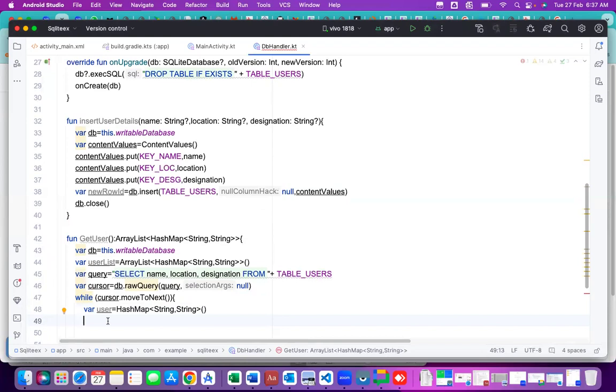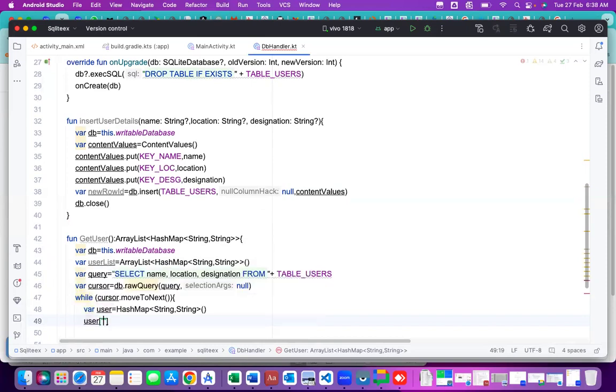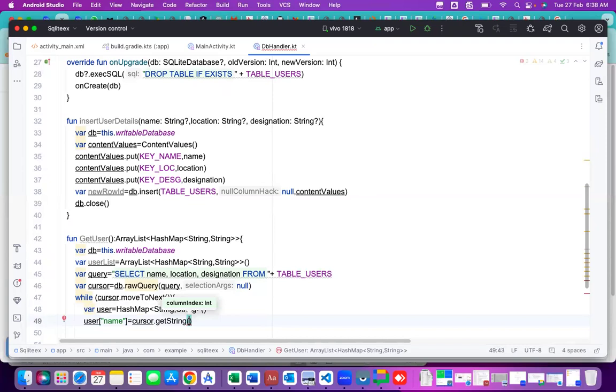So first case, it is getting the user. So user, whatever we declared above, that is a user. Within this user, name. I want to get the name. So that is cursor dot get string. So that is cursor dot